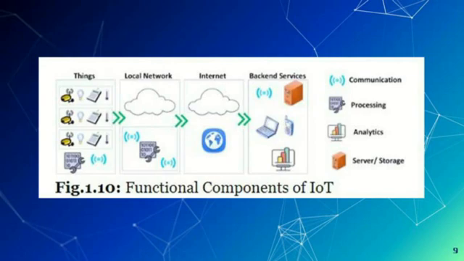So the next very important component is the internet. Whatever device you have chosen, whatever network you have chosen, the internet is a must and there is no other option to skip this internet. Because if you are using the internet, only then are you able to access your device anywhere, anytime. So that is the main advantage of the internet. So the internet is a very important component of IoT.